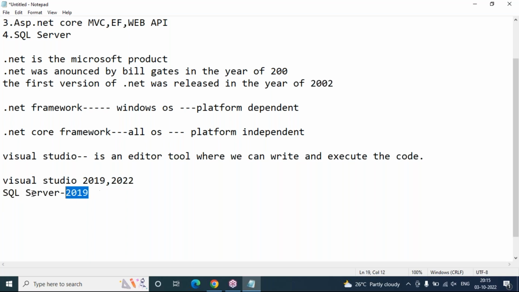SQL Server is needed because in our upcoming sessions we are always going to deal with database connectivity, storing and data retrieval. So SQL Server 2019 software is compulsory. And Visual Studio is the official editor from Microsoft, recommended especially for .NET developers. So install Visual Studio 2019 or 2022 and start development of your application.